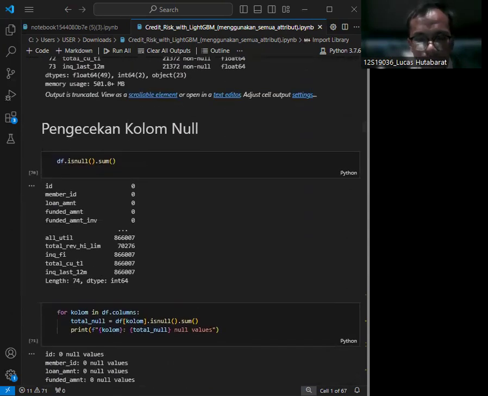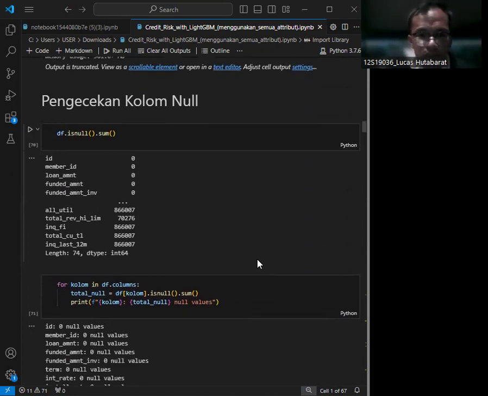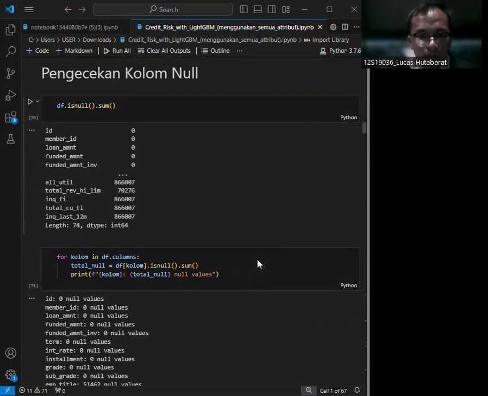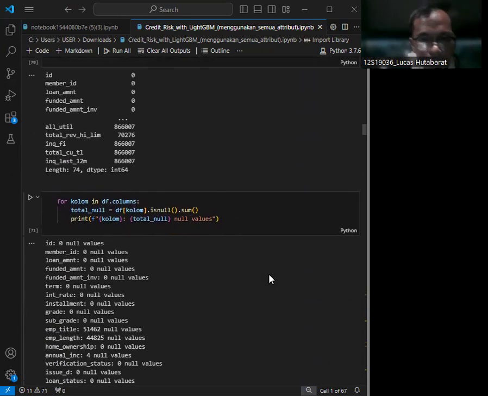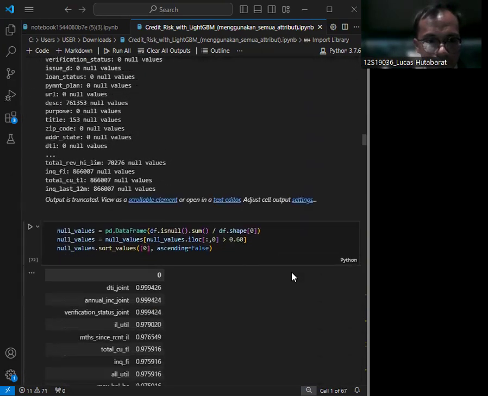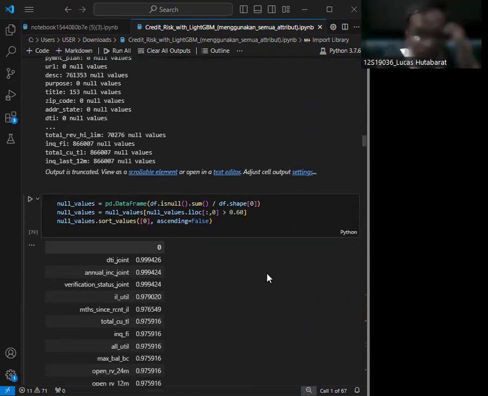Next, we check for null values. We identify columns with missing values and count them. This step is crucial for deciding on data imputation strategies.